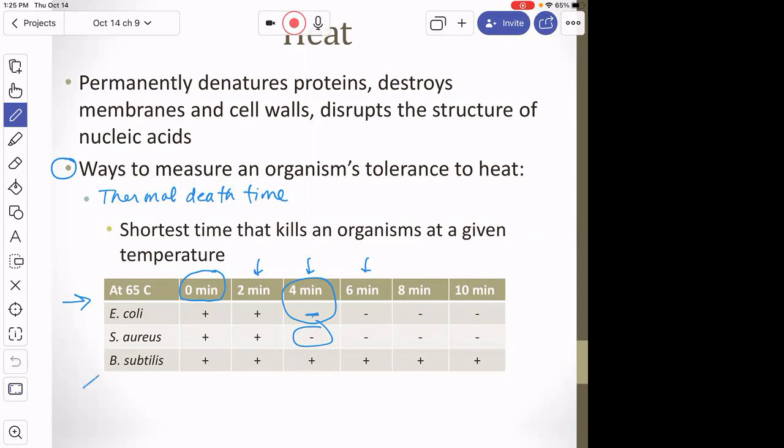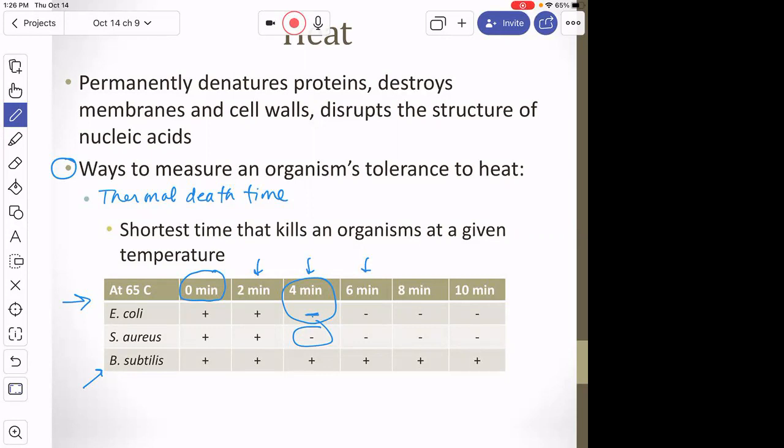Usually an organism like Bacillus is going to be living a lot longer because it's a spore former. If there were spores in that medium already, once you get it into the nice temperature of the incubator, those spores will germinate,